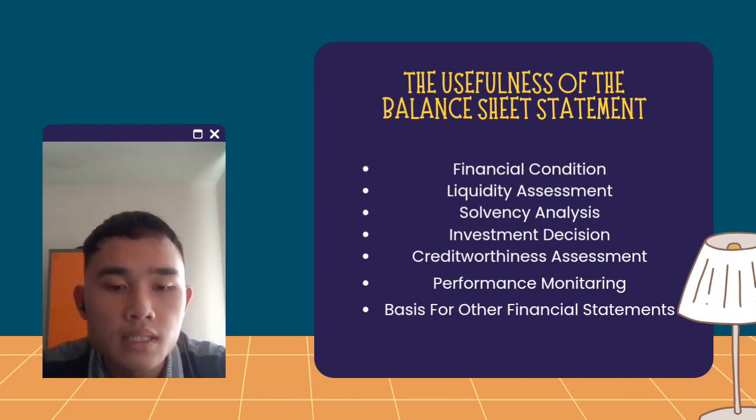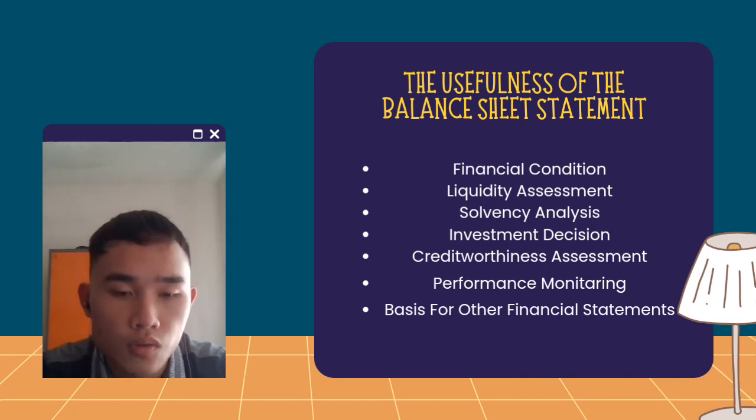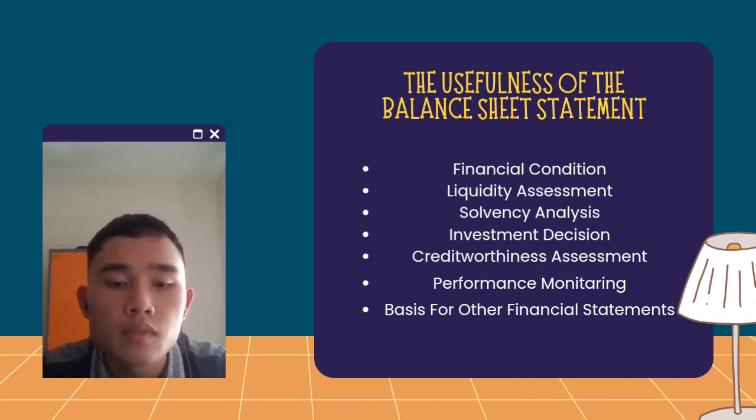My last point is basis for the other financial statements. The income statement, cash flow statement, and other financial statements are all closely related to the balance sheet. In order to reconcile and analyze these statements and have a thorough picture of a company's financial performance, it provides essential information. To conclude, the balance sheet statement is an essential instrument for determining an organization's financial status,